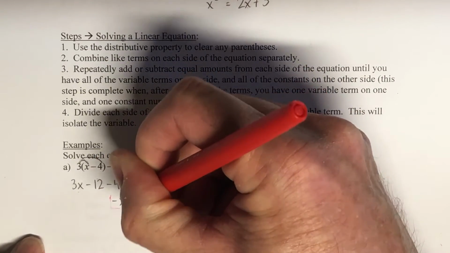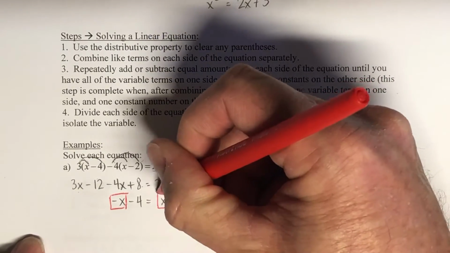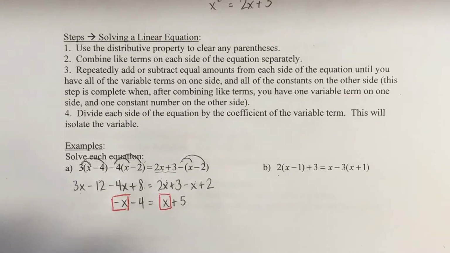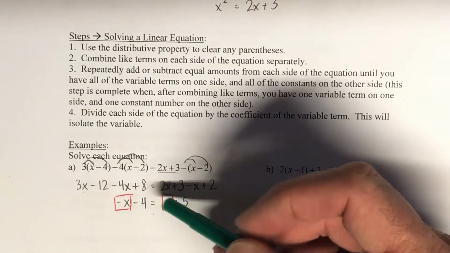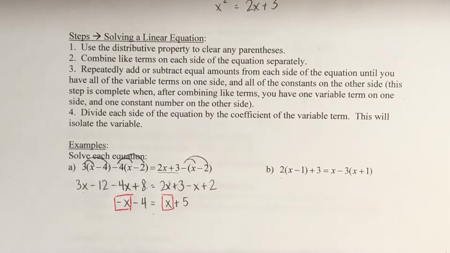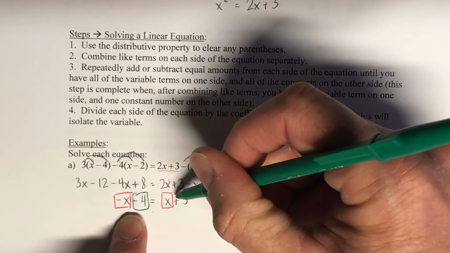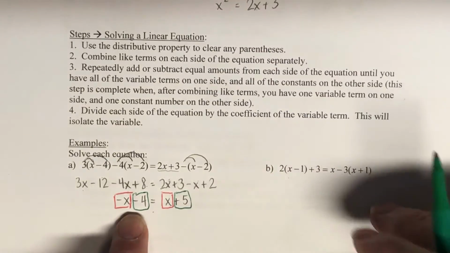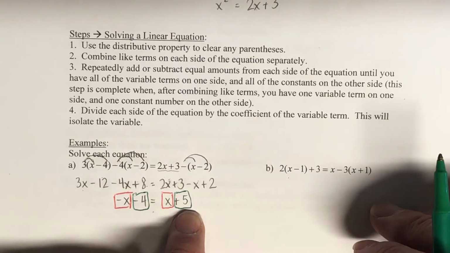These are the variable terms. I'm going to put them in red just to make it easier to see. The variable terms are simply the terms that have the variable in them. When I say terms, again, it's those monomial terms that are being added and subtracted. You can see that there are two terms on each side of the equal sign. Two terms being subtracted here, and two terms being added here. Negative x and x are the variable terms because they have the variables in them. These two terms do not have variables in them. They are called